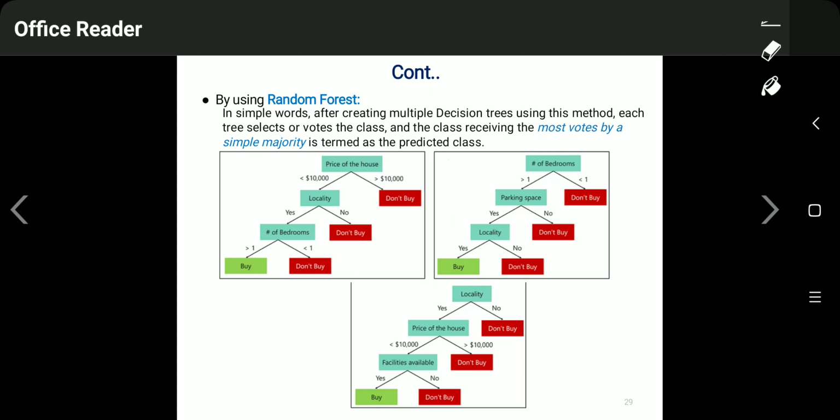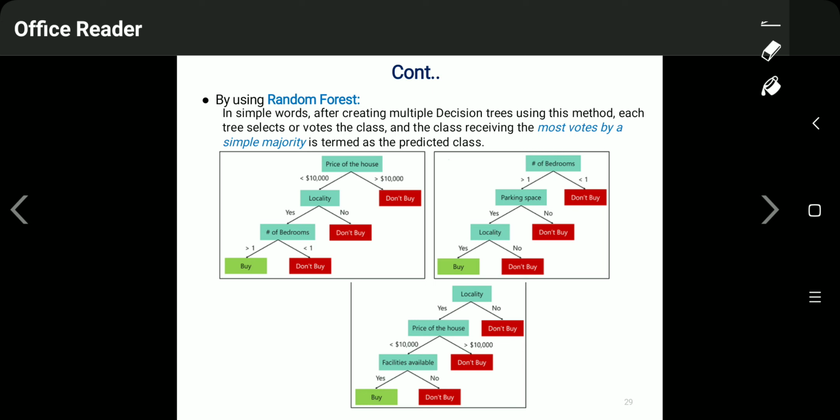We create a set of decision trees; here we have created 3 decision trees. Here we are not using all the parameters in a single tree, but only some of the predictor variables are used in each individual decision tree. There may be a case that a particular predictor variable is repeated in multiple decision trees. So a particular predictor variable may be common among all the decision trees or some of them.